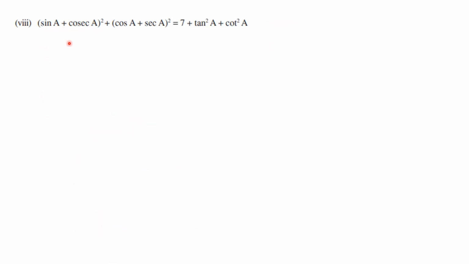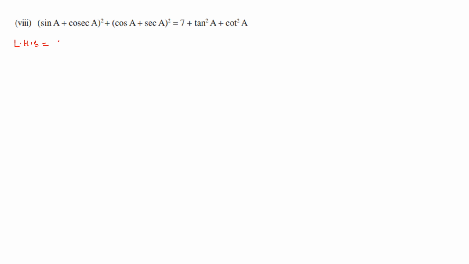Now the 8th question is (sin a plus cosec a) whole square plus (cos a plus sec a) whole square is equal to 7 plus tan square a plus cot square a. So here, if you see in the LHS part, both the terms are in the form of a square. So first let me expand it. So LHS will be